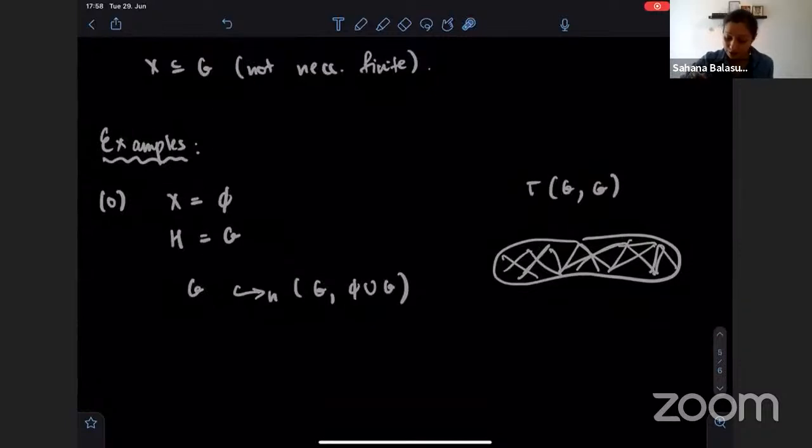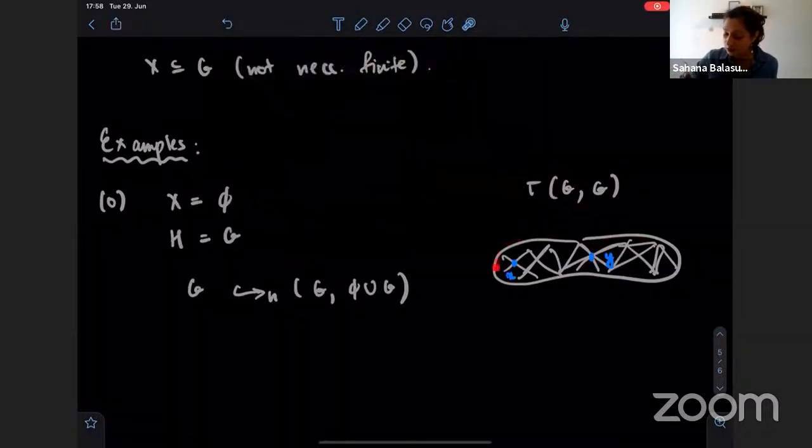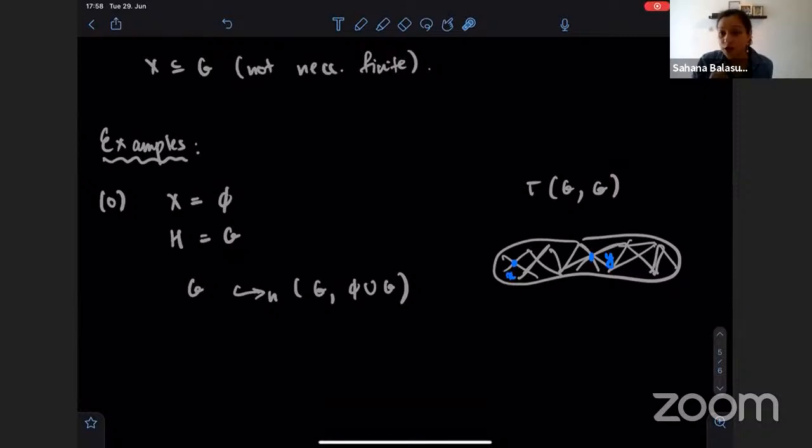It's because I've kept my relative generating set empty. So now if I have 2 points, X and Y, in my space, and I want to get across from one to the other using an admissible path, it's impossible for me to do, because every edge in this graph is an element of my designated subgroup,